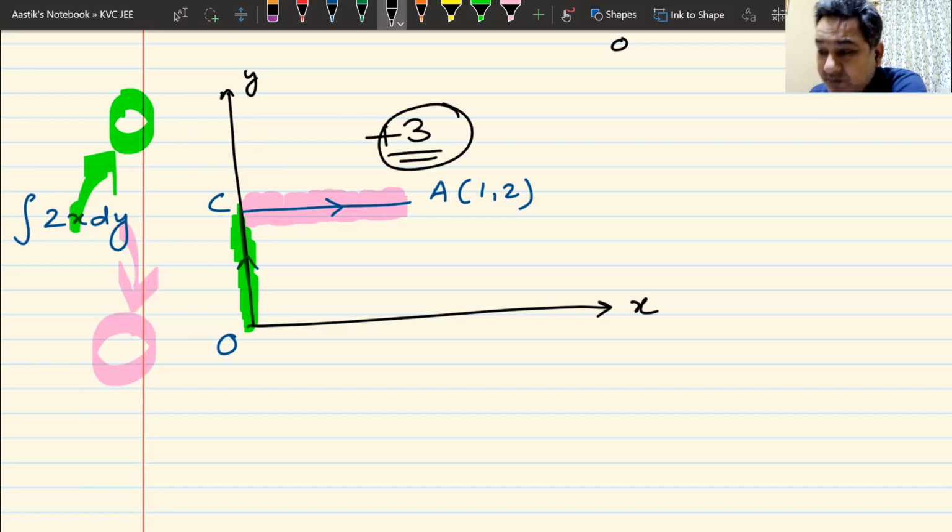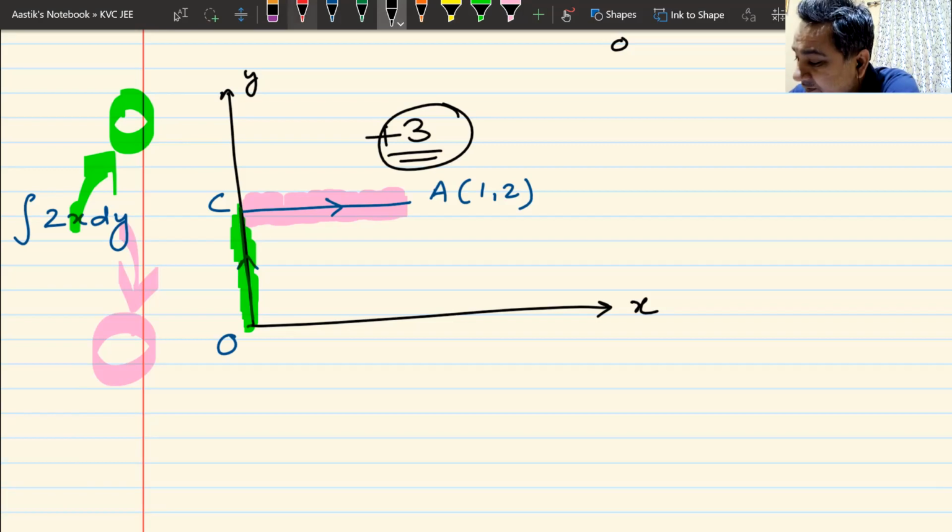Both the answers are coming the same. They can come the same for two paths, because it depends on the path. It depends on how the force is varying. Am I clear with everyone? That is why I did not ask you to write that it will always be different. In some cases, the value can come the same. It depends on the path and on the variation of the force. Okay, we all get this?